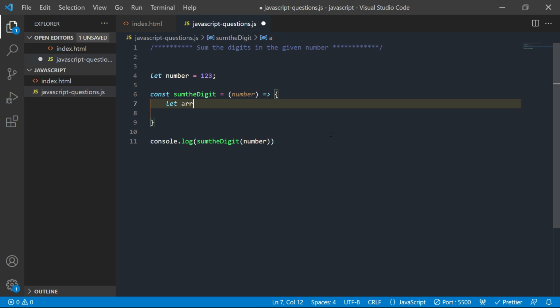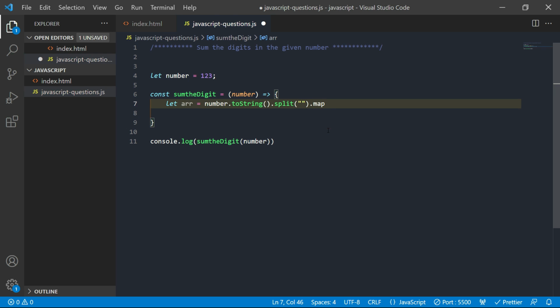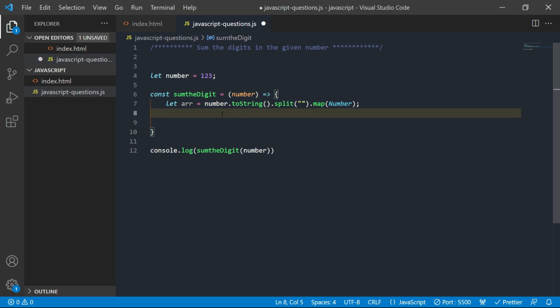So let arr is equal to number, first we need to convert this number into a string with toString, and split it, then map it as Number. This is going to convert the given number into an array of numbers like this: 1, 2, 3.